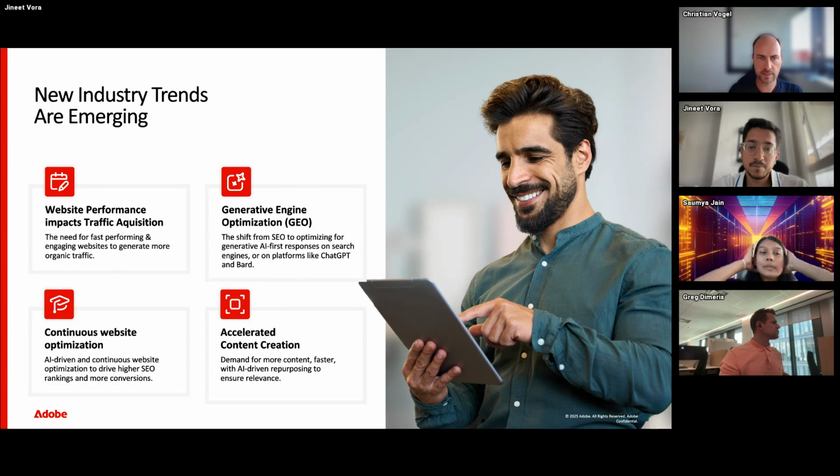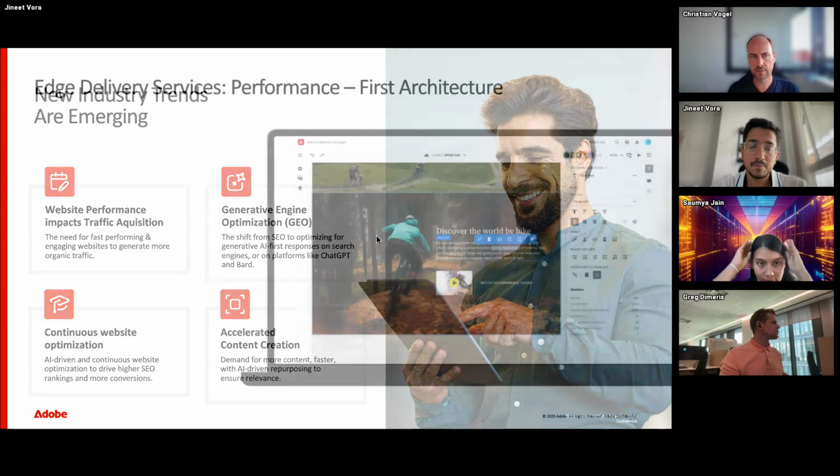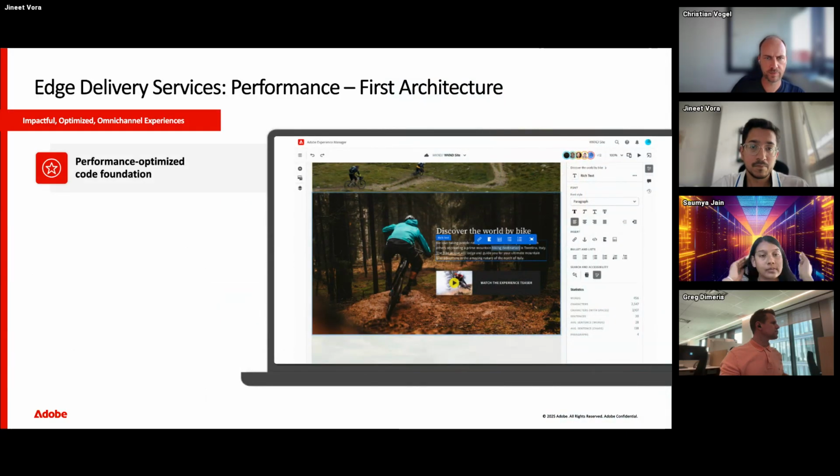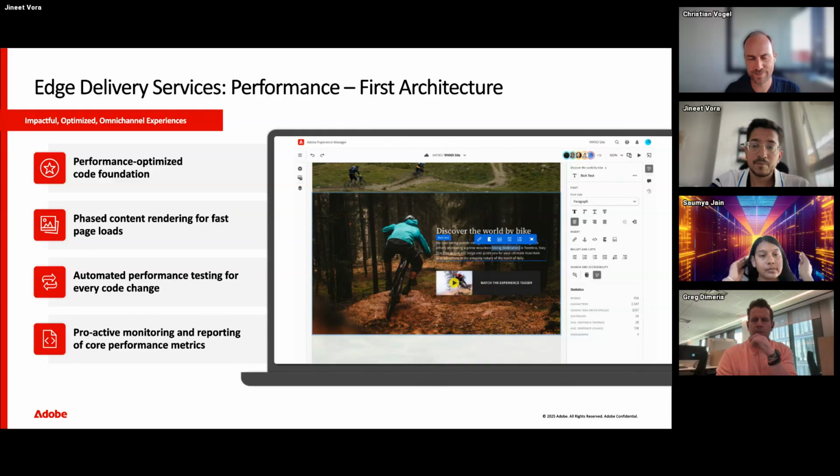If you click on the next slide, you can see we call this the performance first architecture or performance first delivery, and now there's parts missing in the slide. Maybe you have to click again. There it is. You can see there are multiple things we're actually doing in order to push performance to new limits. And the performance is something that you can measure in the so-called core web vitals, which is like official standards for performance that also Google takes into account for their ranking criteria.